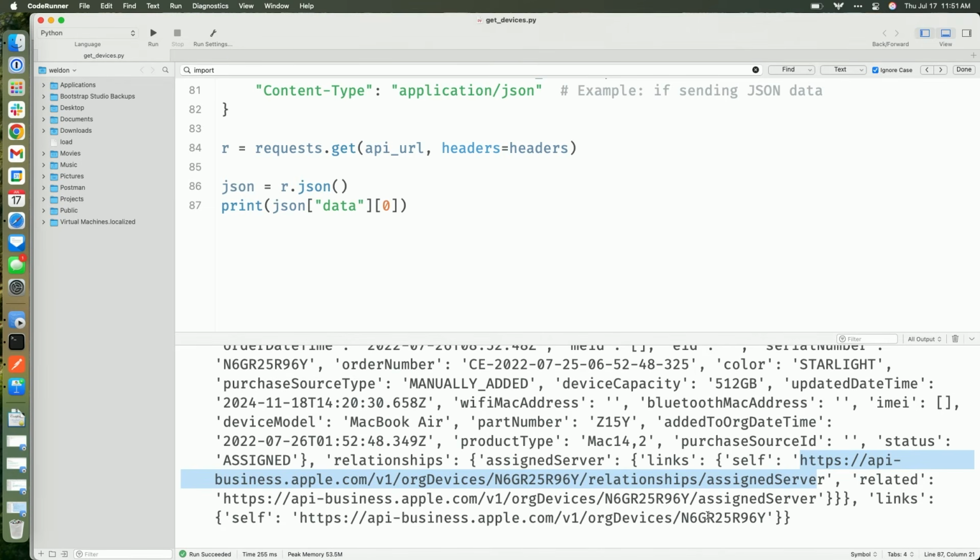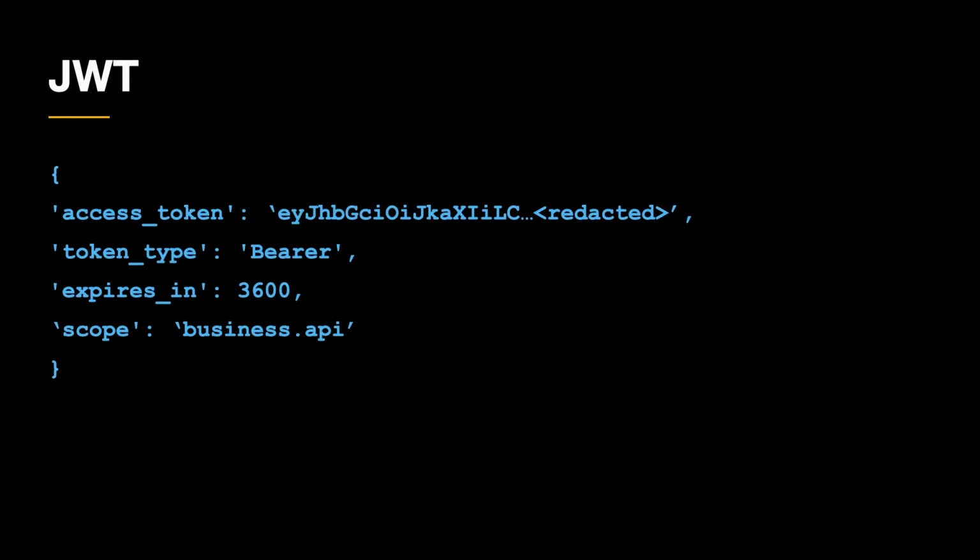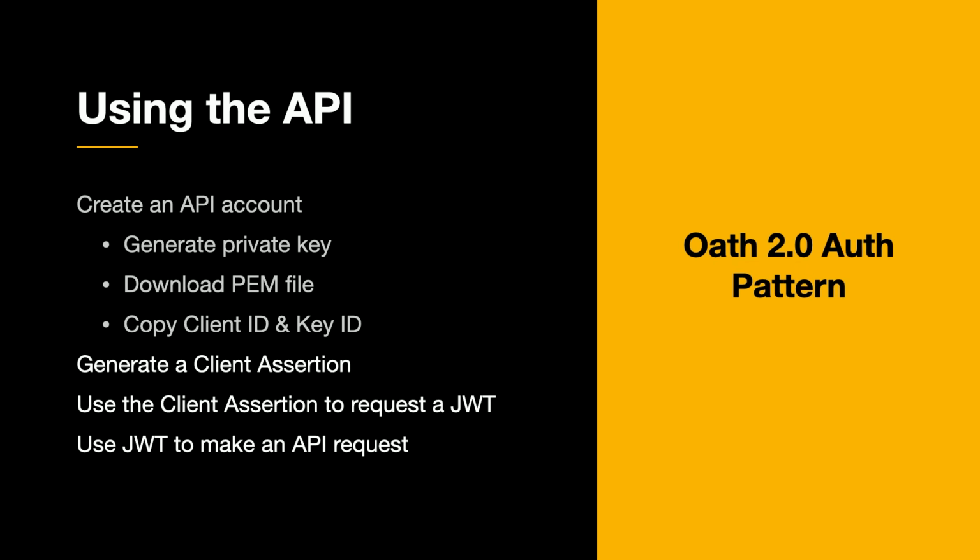And again, that's another link directly to itself. This is useful because from this, you could build a second request that just uses this URL, this API endpoint that you got in the first response, and use that directly in the next request and get the MDM server details that it's been assigned to. You can also, there are other endpoints. So if I go back to our list here,